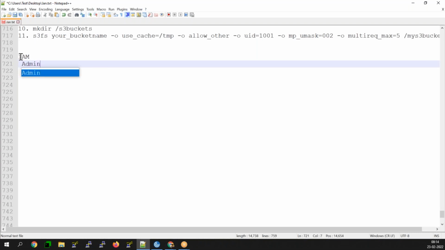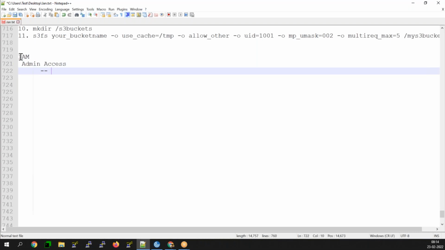One is admin access, which will access the resources including IAM.